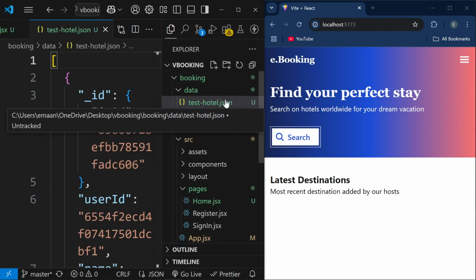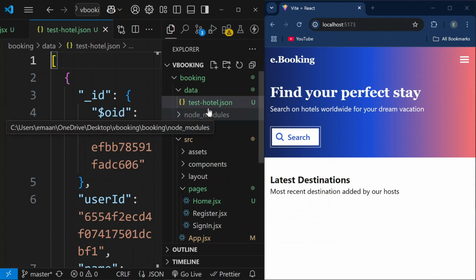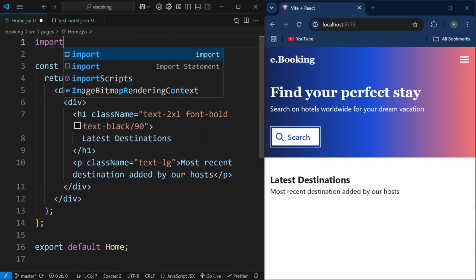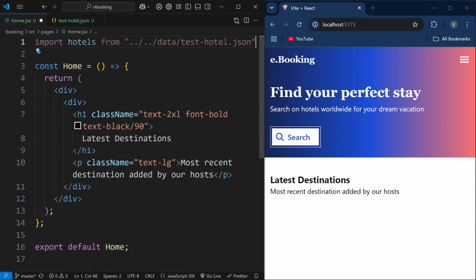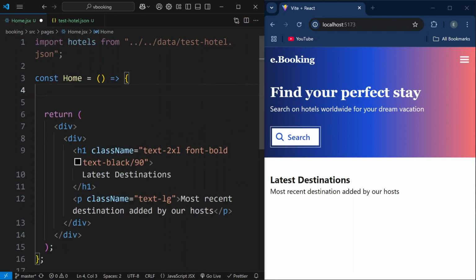Now let's start creating our hotel cards. So in the first row we will have first 2 hotels and from onwards we will have 3 cards per row. So we will use dummy data from data folder and test-hotel.json file. You can find this data in my GitHub. I will provide the link in the video description. So in the home page, let's import data as hotels from data/test-hotel.json file. Now before the return statement, we will say const topRowHotels